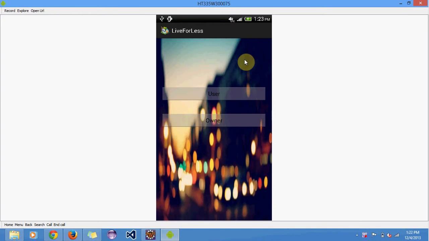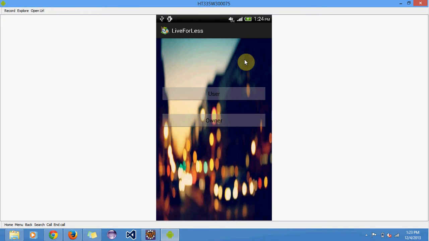How is this app interesting? It's very handy to use. It has a very simple user interface, so a person of any age could use it. Nowadays people generally use mobile applications more than web applications, so it makes our life easier. Now when we start the application, it's called Live for Less, and this is the home screen that you could see.